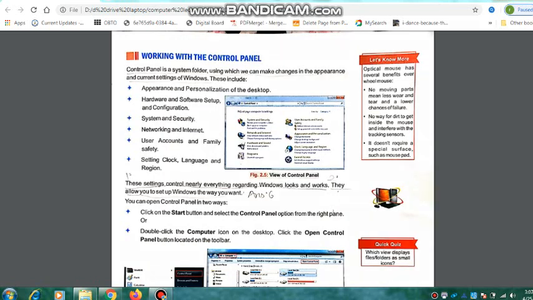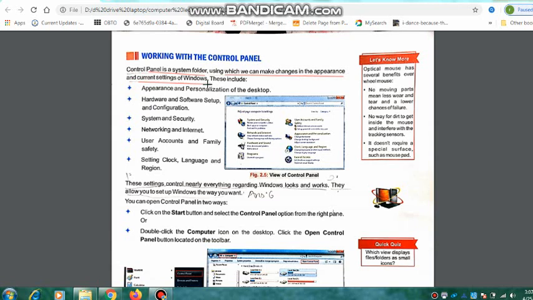Now the next is working with Control Panel. Control Panel is a system folder using which we can make changes in the appearance and current settings of Windows.